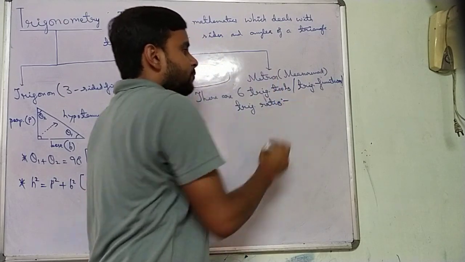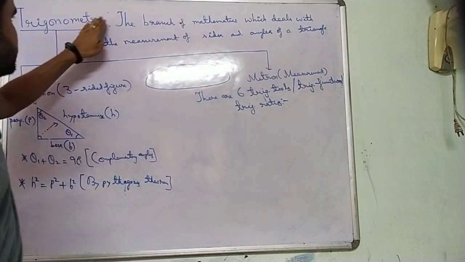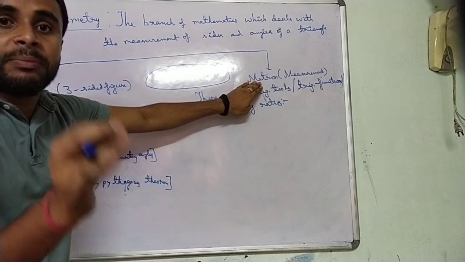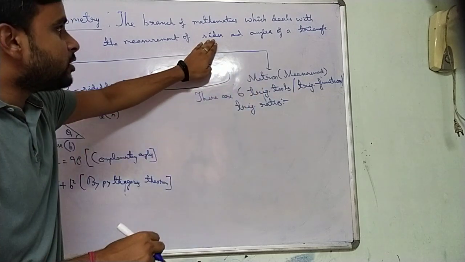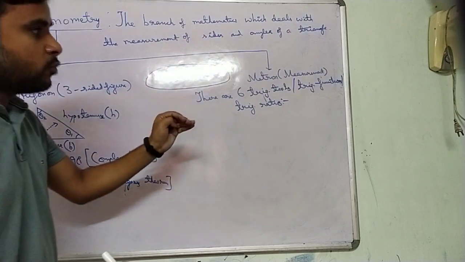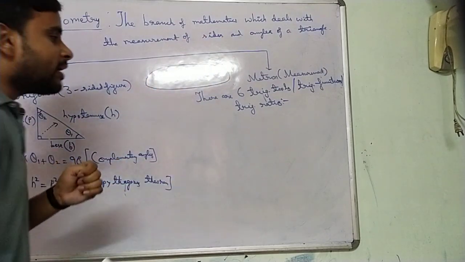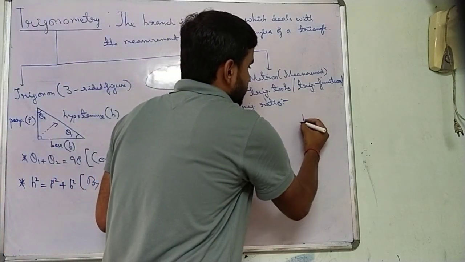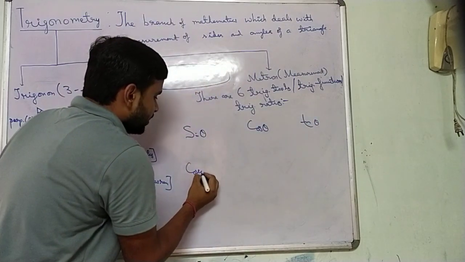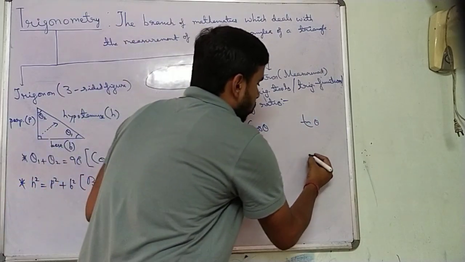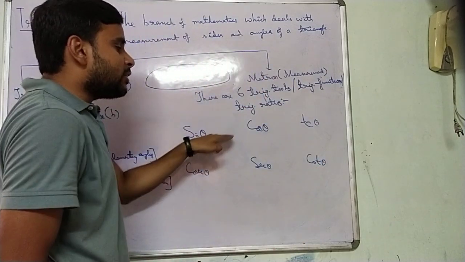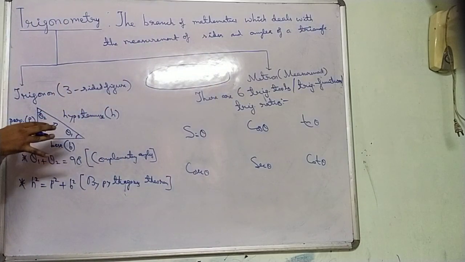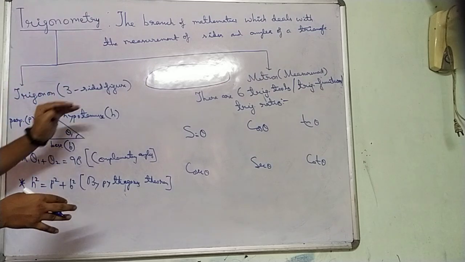Clear? So for the measurement in this particular chapter and in this branch of mathematics, in order to make measurement of sides and angles of a triangle possible, we have certain tools. And what are they? Number 1 sin theta, number 2 cos theta, number 3 tan theta, then we have cosec theta, sec theta and cot theta. Why am I saying that these are tools? Because using these tools we can measure a right angle triangle. Right now we are initially very specific to one triangle, and that is a right angle triangle.